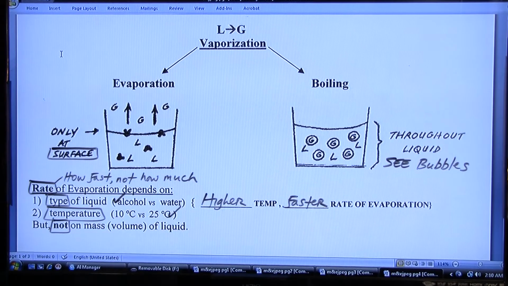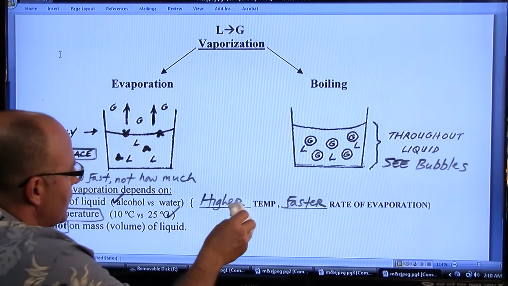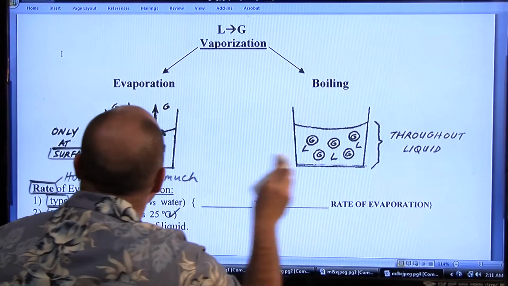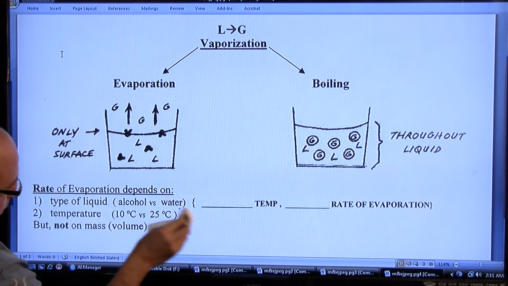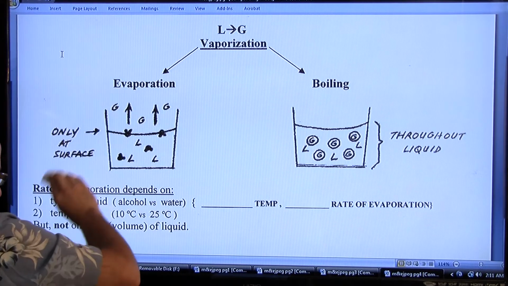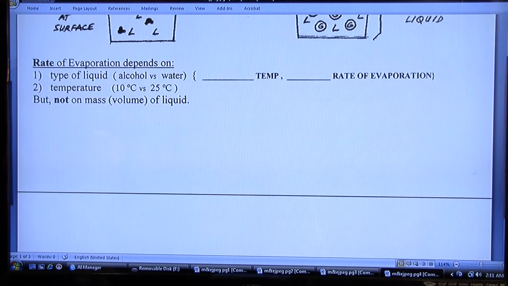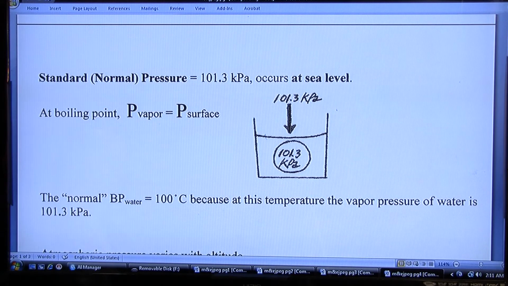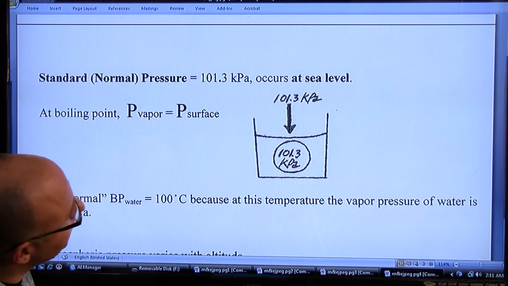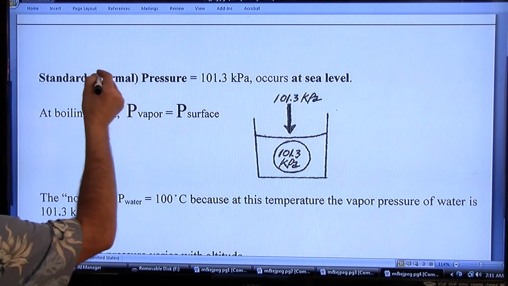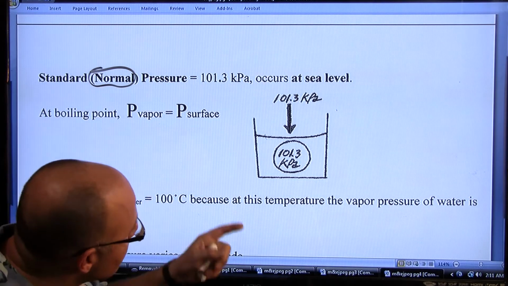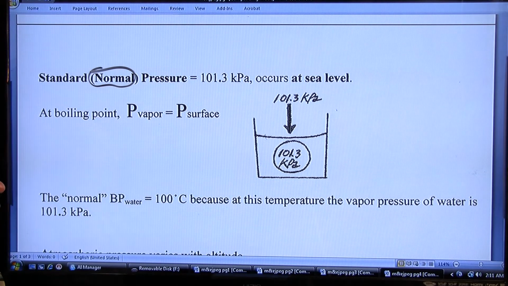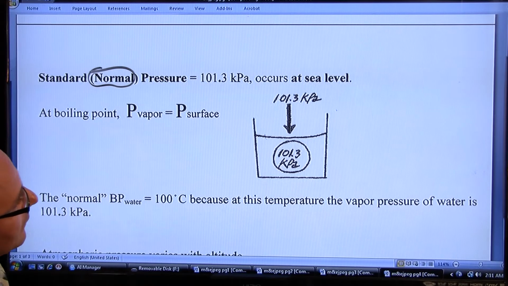Right, and focusing on boiling, let's talk about those bubbles that form. Because understanding under which conditions a liquid boils is an important point. So let's go to that. When those bubbles form under normal conditions or standard pressure, meaning at 101.3 kPas, which occurs at sea level, the pressure inside those bubbles is 101.3. Or in other words, at the boiling point, at the temperature at which a liquid boils, the vapor pressure, the pressure inside those bubbles, must equal the pressure that's pressing down on the surface of the liquid,